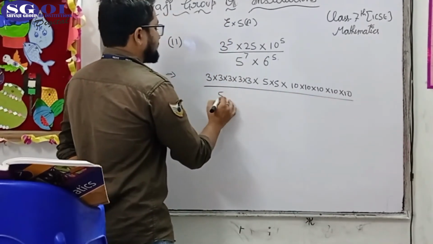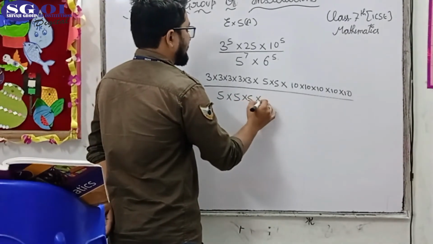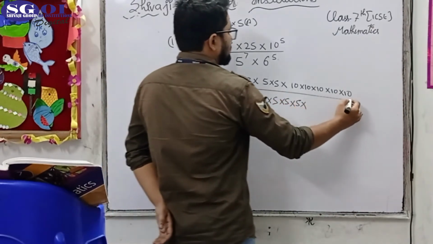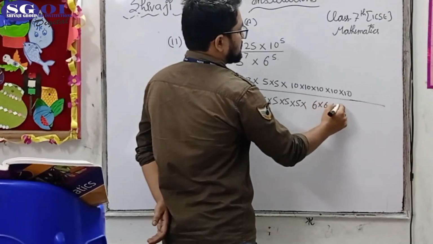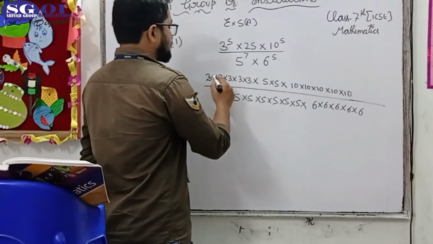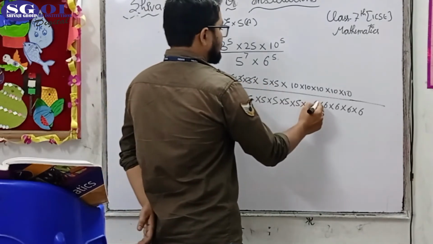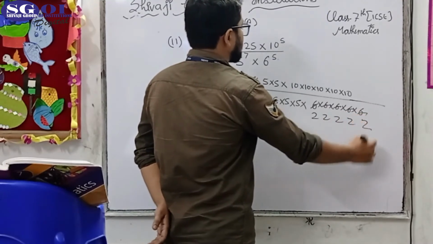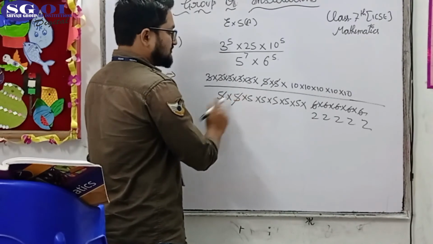Upon this will be 5 7 times. And this 6 would be 5 times. So you can clearly see this 3 3 3 3 and 3, 1 2 3 4 and 5. This will reduce. 3 2s are 6, 3 2s are 6, 2s are 6, 2s are 6 and 2s are 6. Now this 5 and this 5 will be eliminated from these two.